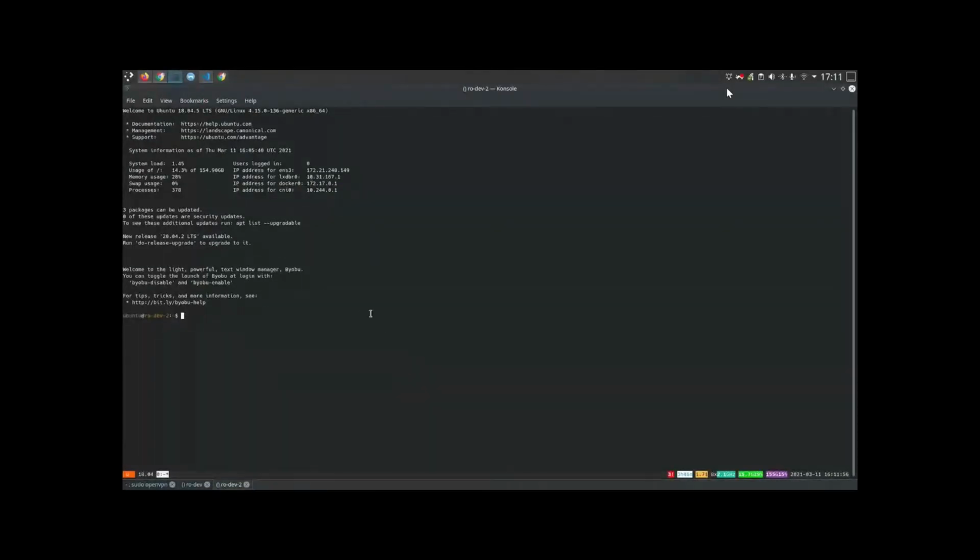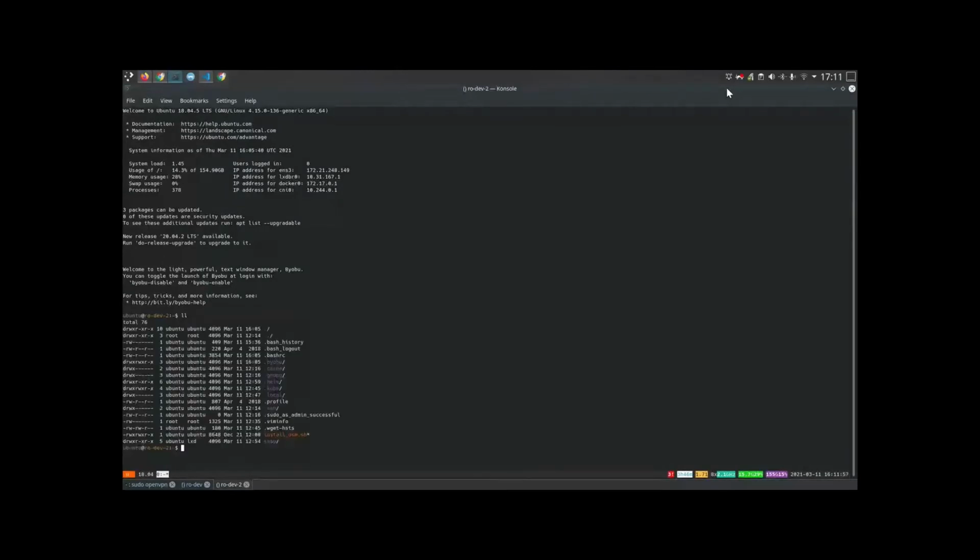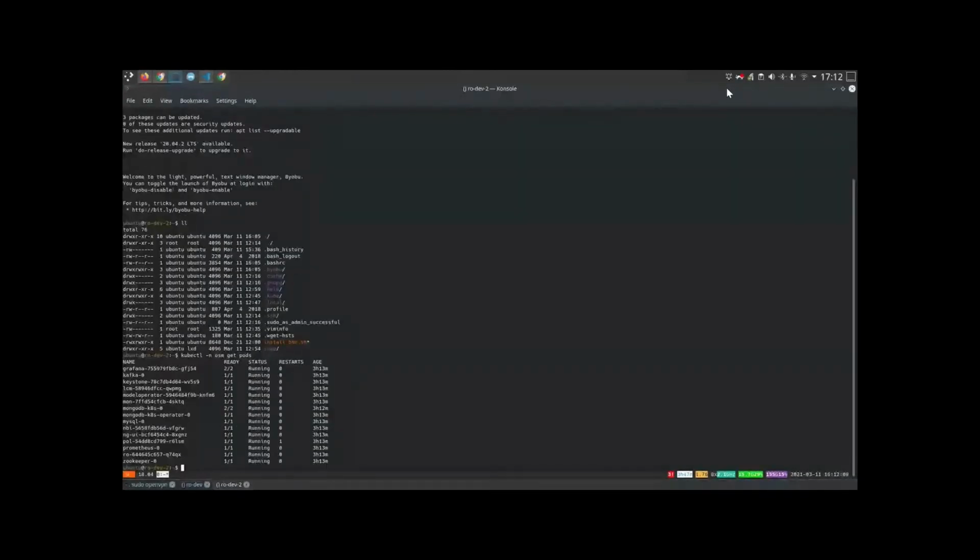So if you look in here, we have the install OSM script, and I have everything running. So you'll see here that I have my RO in here, everything's in here. Okay, so let's start. So first thing that I'm going to do is to do a kubectl -n osm